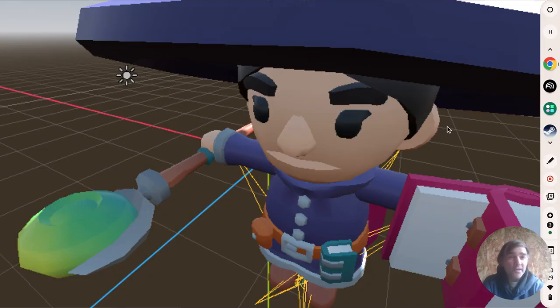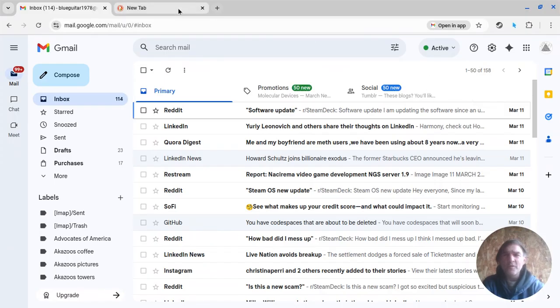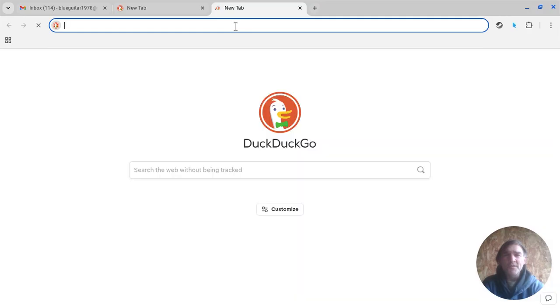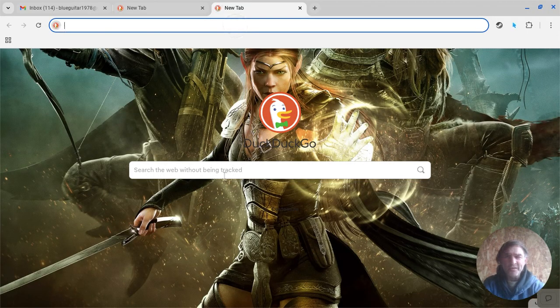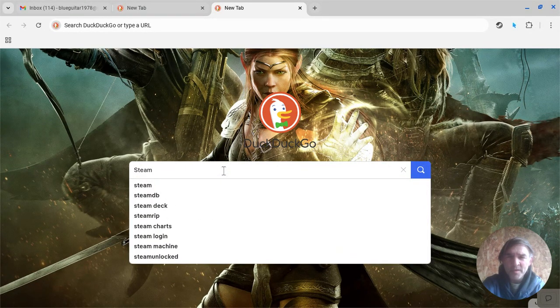So I'm going to show you guys how you're going to be able to work with Squirrel. I'm going to go over into a tab, and for some odd reason this shows up here on DuckDuckGo, but what I'm going to do here is type in SteamCMD